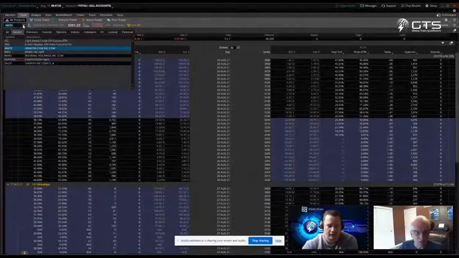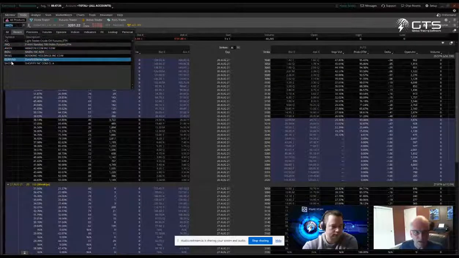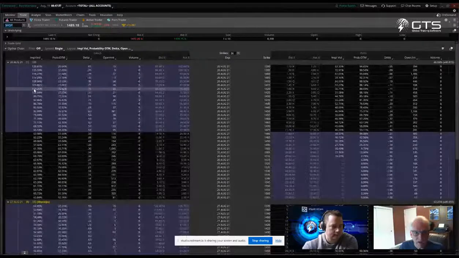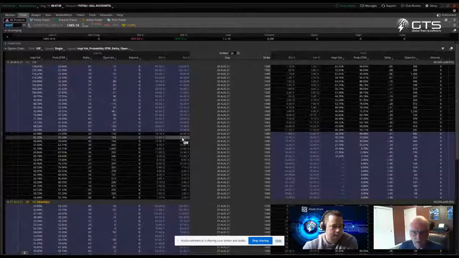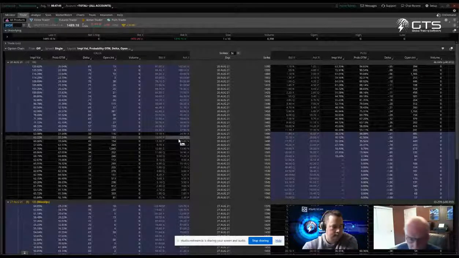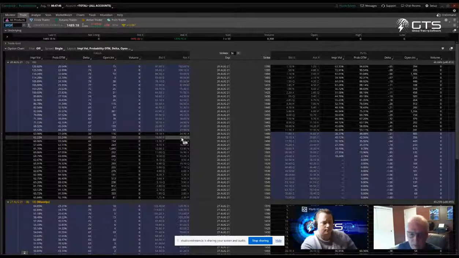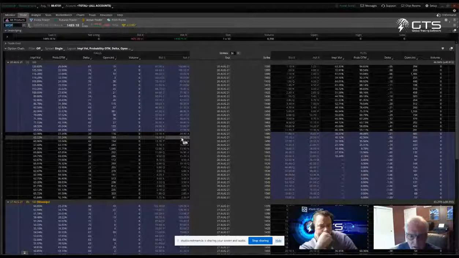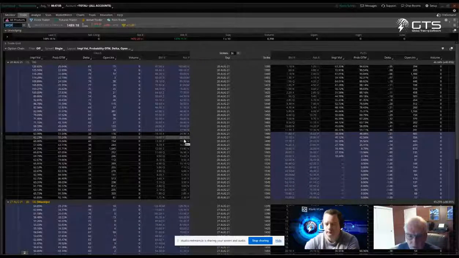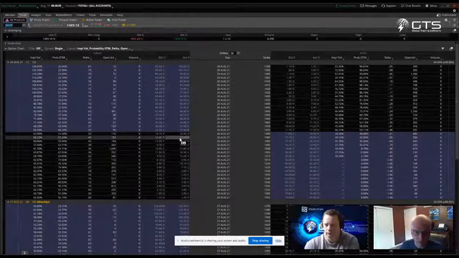I'm going to just bring up one, like Google, let's see, Shopify. So Shopify here, look at this. You have a bid-ask spread of over $6. In the way I use the indicators in the Elliott Wave bundle and the other indicators in the day trading bundle, I would never make any money on that. That spread is too wide. So that's why I look for stocks like Tesla, Nvidia, and Amazon, whose bid-ask prices are very, very close.